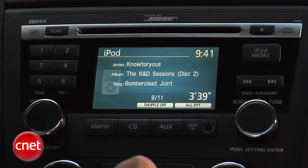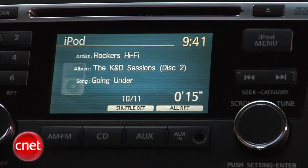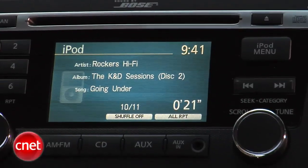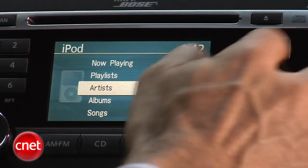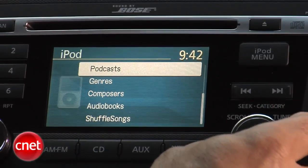Auxiliary brings up several sources, including, front and center, iPod integration. That's down here in the console through USB. There's even a special iPod menu button up here so you can shortcut right to your iPod. This system is very iPod oriented. As you can see, the display uses the spaciousness of the LCD to really give you some good iPod functionality. Now, it doesn't look like an iPod, of course, that's a look and feel thing, but it does kind of